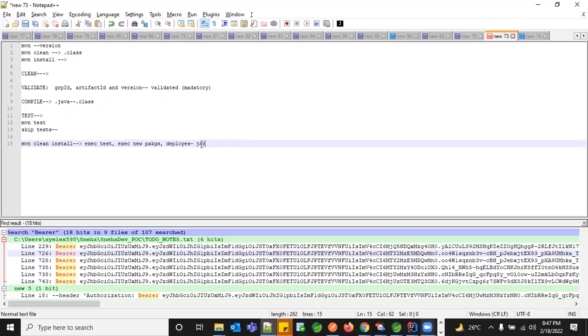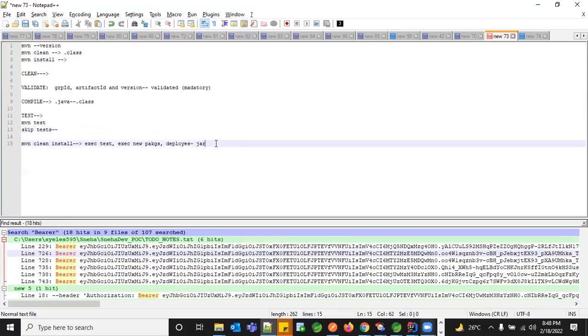That is the reason most developers never go for separate test, separate deploy, or separate packaging plugins. They just go for this because install does everything internally. So we never call the other commands explicitly unless there is a need. This test is for when you don't want to execute all your test classes, and right now you're just focusing on your build success or failure, basically whether the jar is getting created or not. For that purpose, you can just use test by skipping your test cases. So this is the third lifecycle which we will be using.